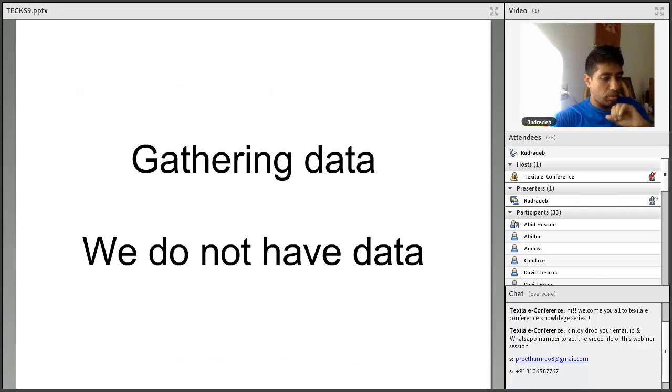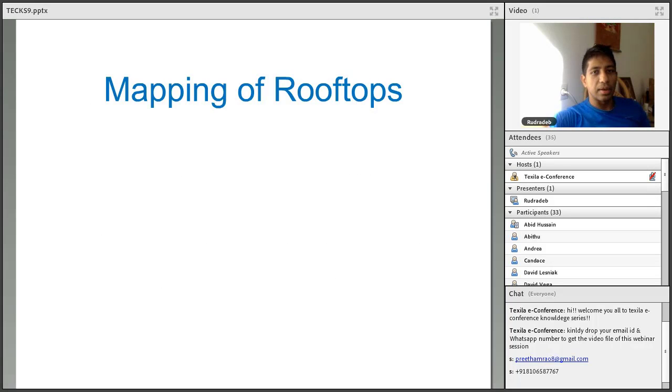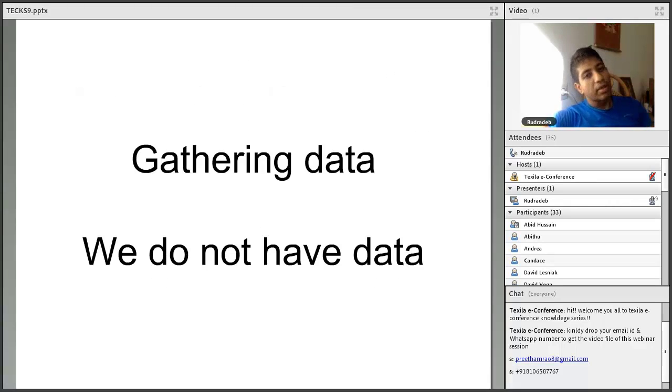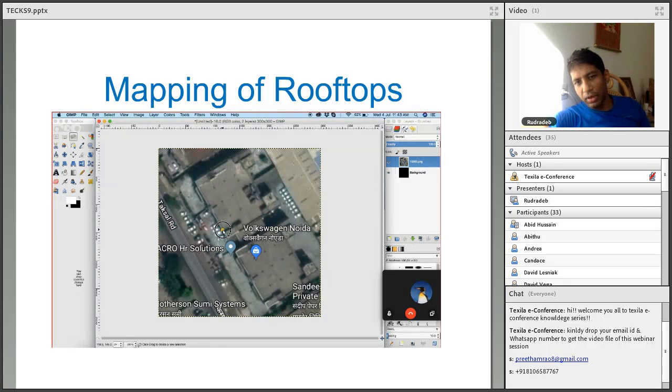So these are the three different ways we can gather the data, and we can also get data from other places. Now I will give you one more example, where we don't have any data. I told you about another use case yesterday, the solar project, right? And I couldn't show the video, and I hope today I can show the video. Let's see if it works. No, it still doesn't work. I cannot click on it.